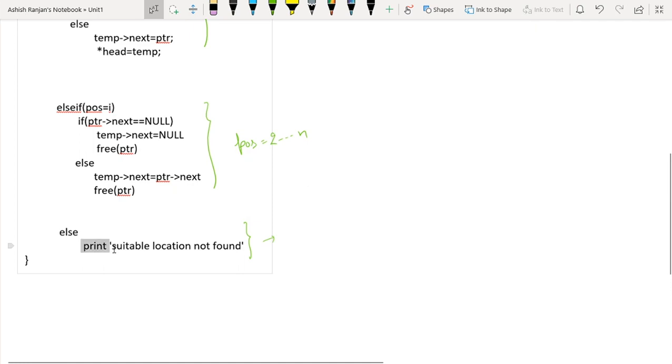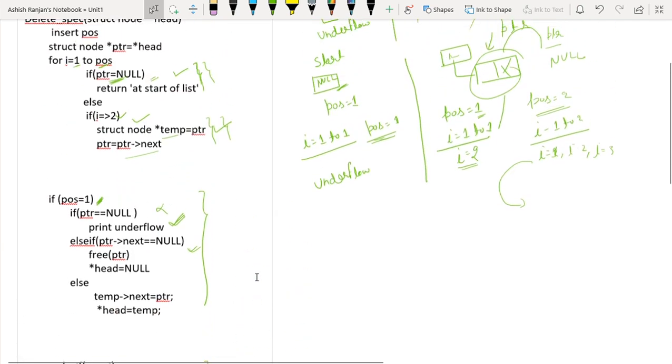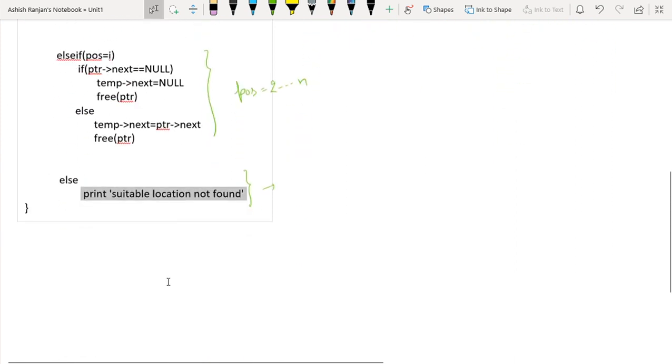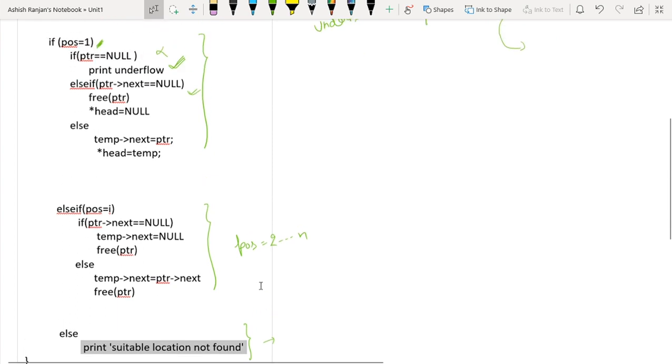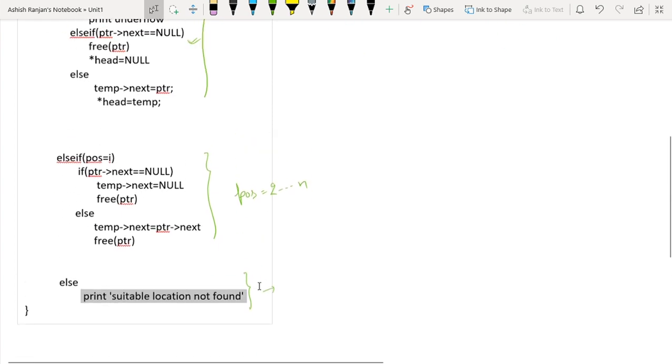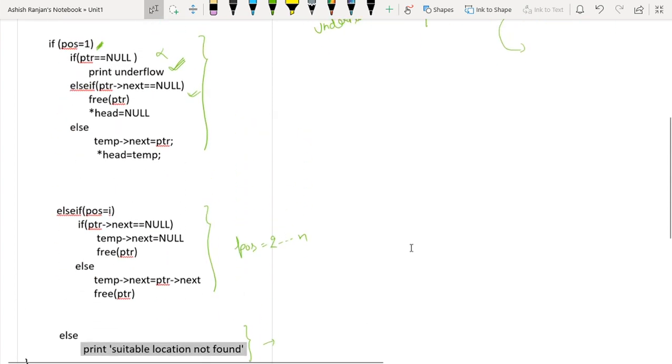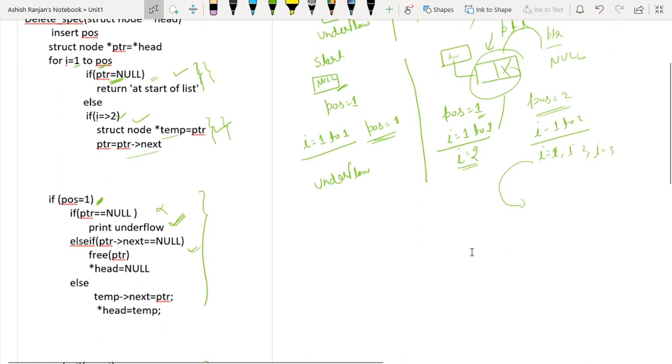Now here the else condition will execute. So when the else condition executes, what will happen? Suitable location not found. So for 2 instances this is true.